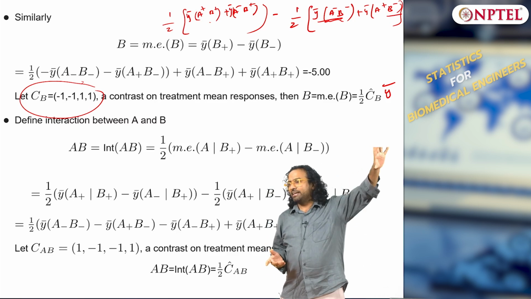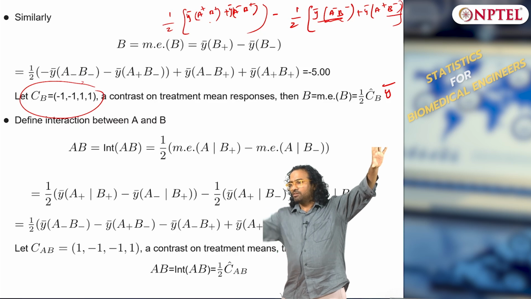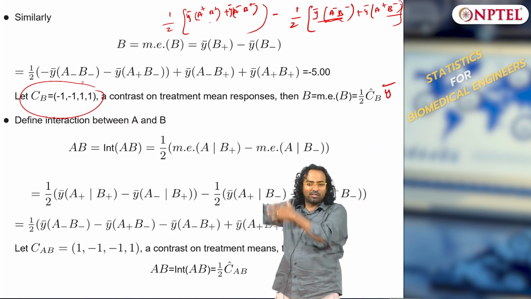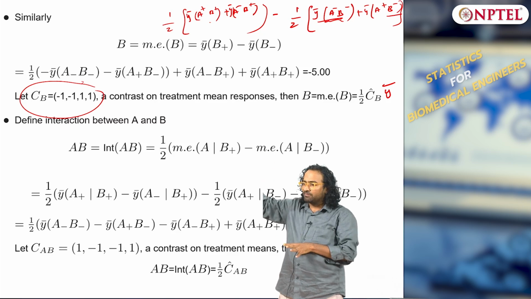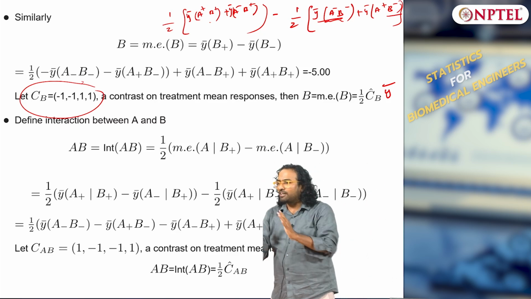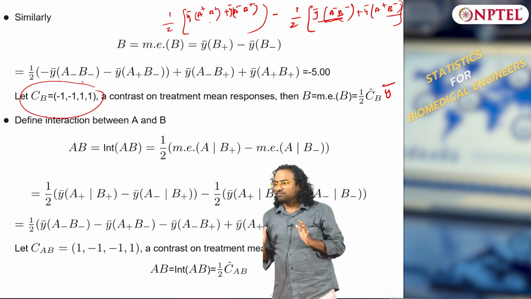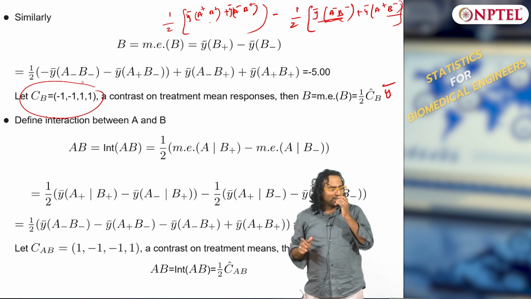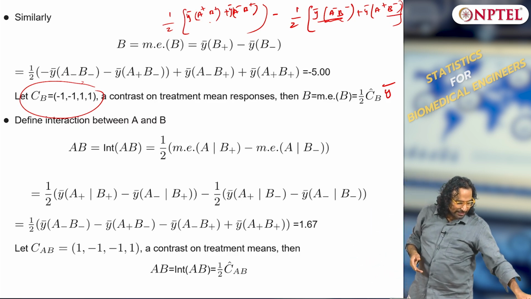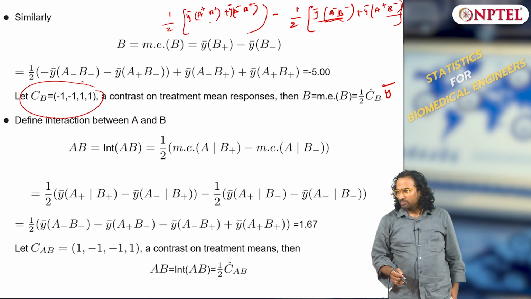Why? Because I need to store these contrast terms. Give me data, I will compute all these 4 effects and 4 values and keep them, and depending upon what you want I will change the contrast and get you the values. That is why it is powerful. Computationally it is an efficient way to do it, so that is why I am writing it in terms of contrast, okay.